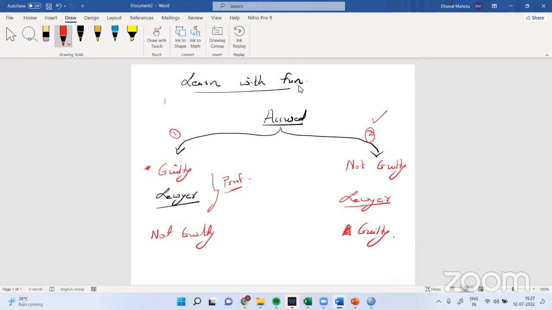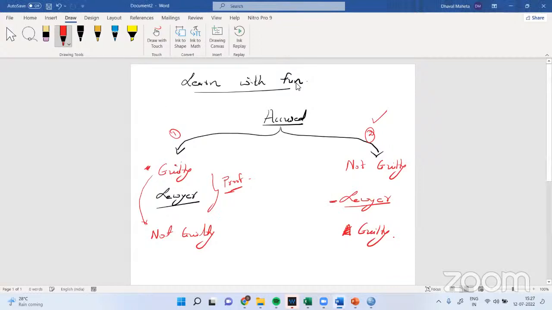Not guilty. The guilty person will be released. How will he be released? Because there is no proof to prove him not guilty. So what will happen? He will be punished. Punished. Yes. Okay. Now here,